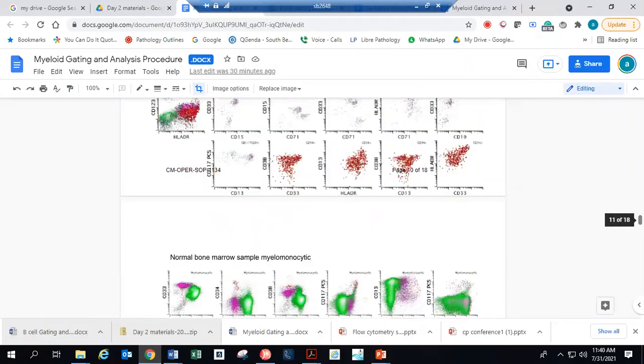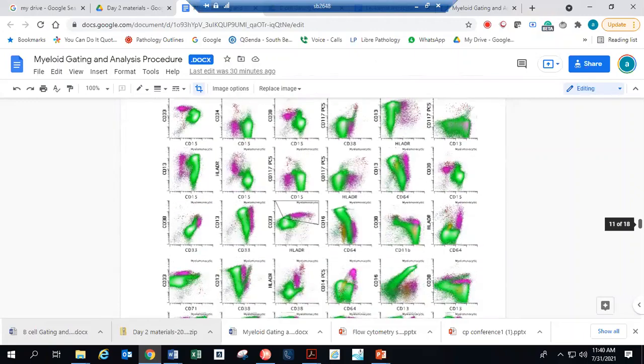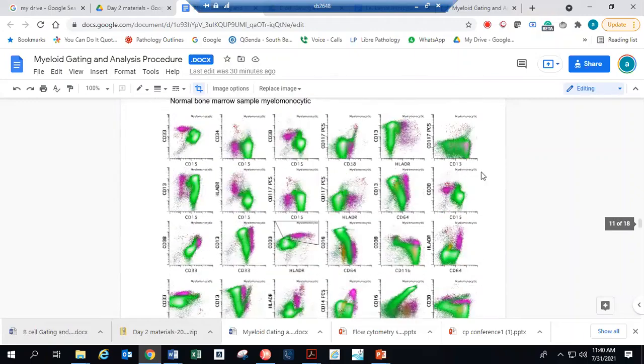So this is the normal myelomonocytic in the bone marrow. You see over here CD64 that we were talking about. CD64 is brighter in the case of normal mature monocytes. This is a normal bone marrow plot, so it is not really showing a lot of immature monocytes, because that's not normal in a normal bone marrow. But these are the normal mature monocytes that will have CD64 brighter as compared to the